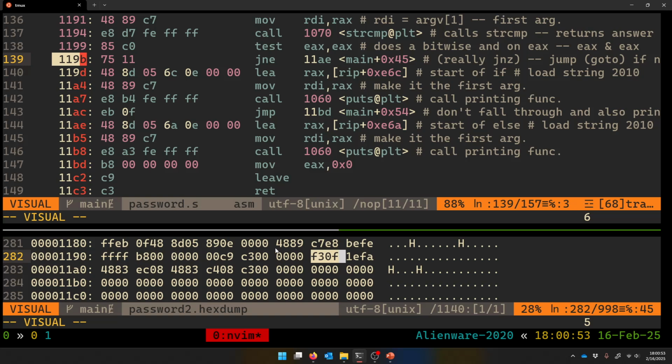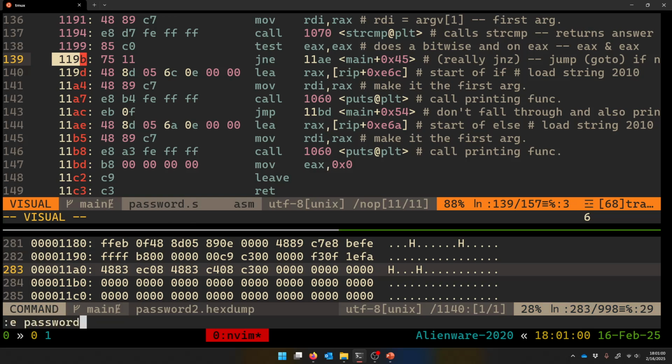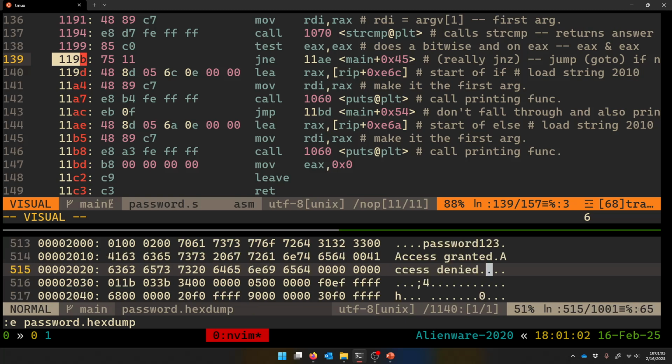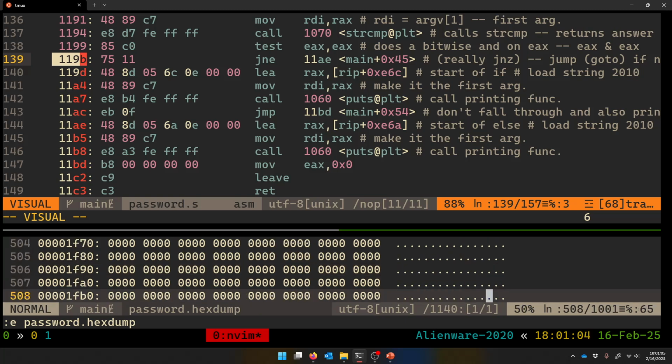I don't quite see it. I think it's a bit offset, actually, isn't it? Oh, sorry, I'm in the wrong file anyway. This is password 2's hex dump. I want to go to password.hexdump, the original one. And so if I go to 119,